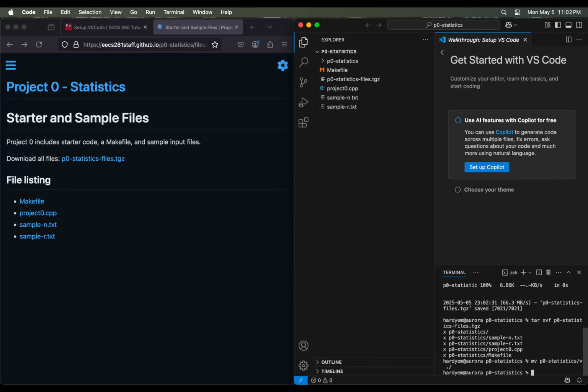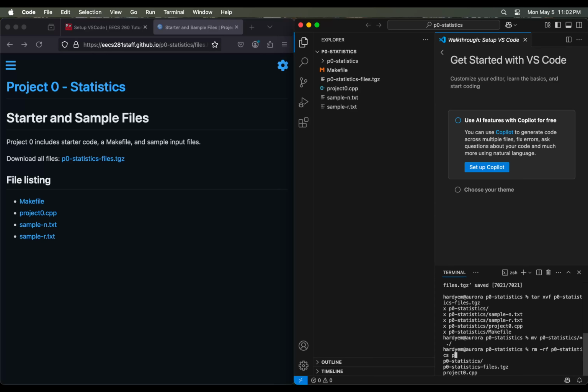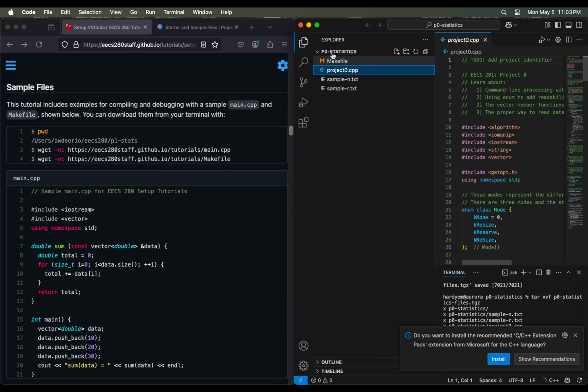The tar command creates a new folder just because of how we packaged it. Then I'm going to remove the old folder and the tar file. All right, now we have just the files we need. Continuing, if you open project 0-cpp,